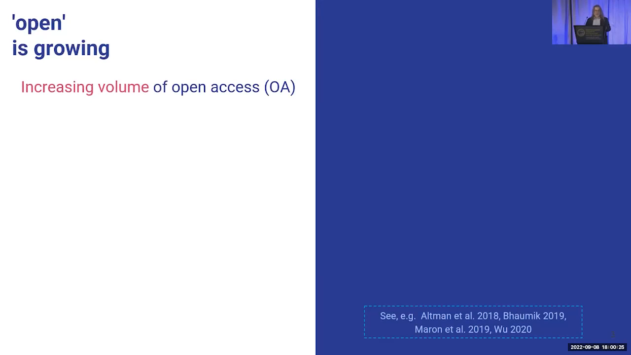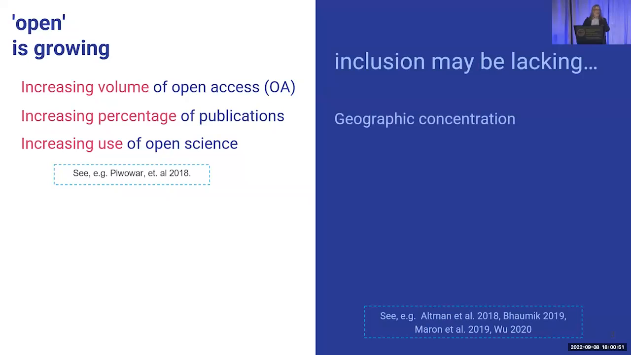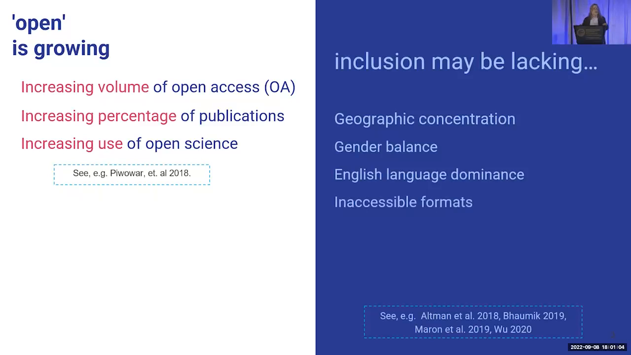So the motivation for this is that there are clear findings from prior research that science and scholarly communication are increasingly including more open content and also more open science, though progress is mixed, as we're seeing. And open content makes up an increasing percentage of publications, but there's also evidence that inclusion is lacking: within various roles in scholarly communication and publication, there are geographic concentrations, questions about gender balance, and questions about language use and even the formats in which things are published. So the project aims at looking at many of these different